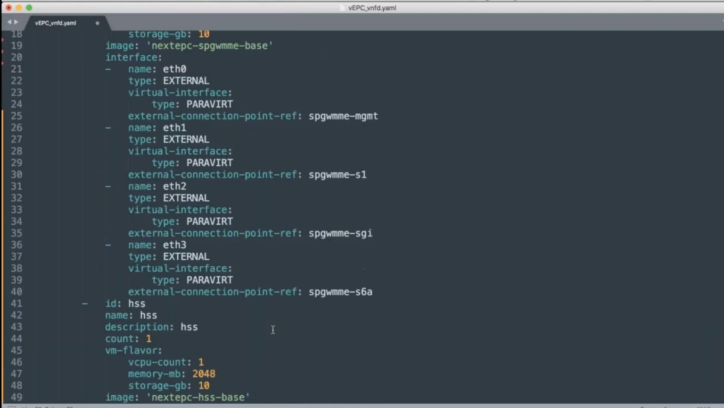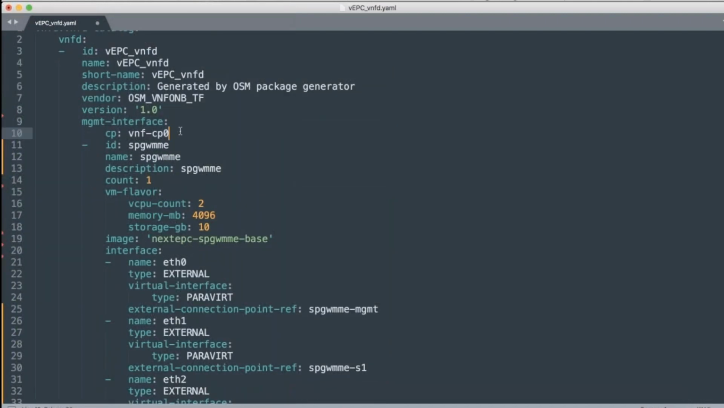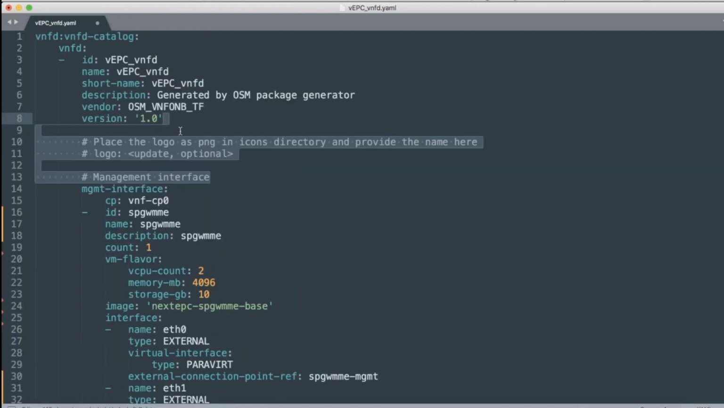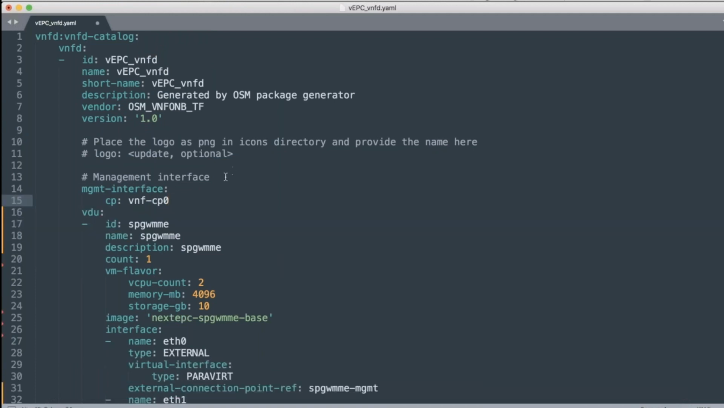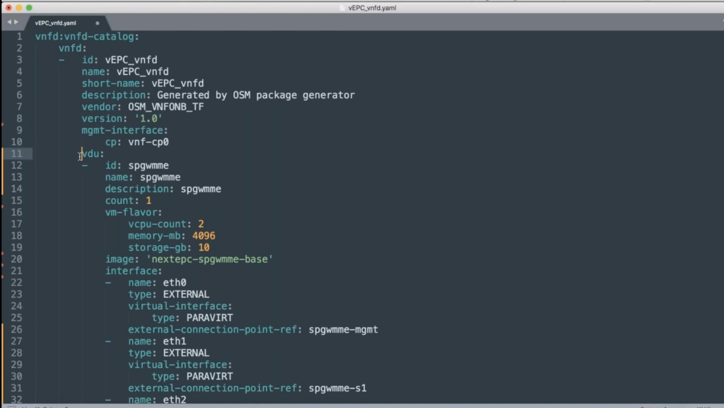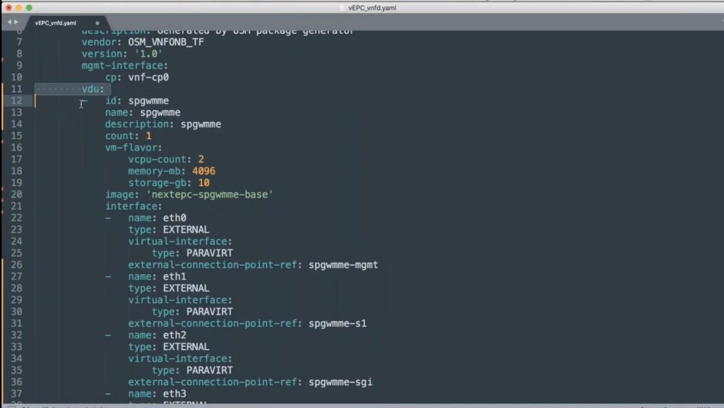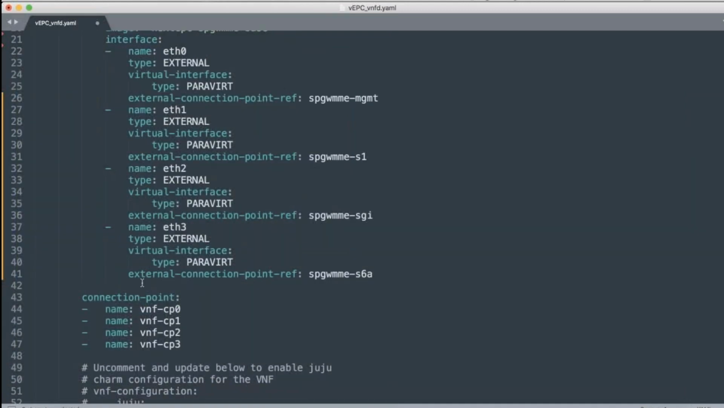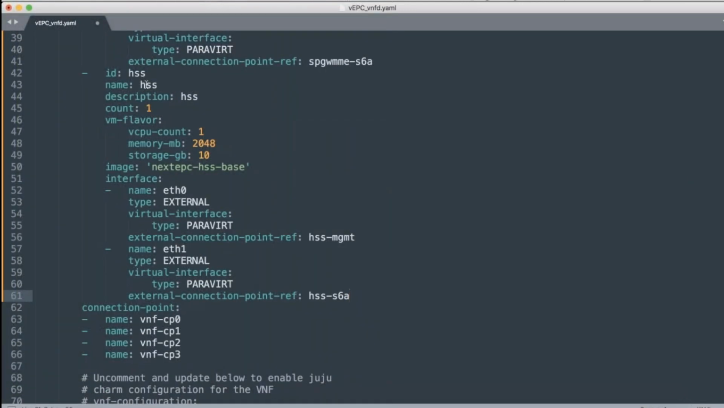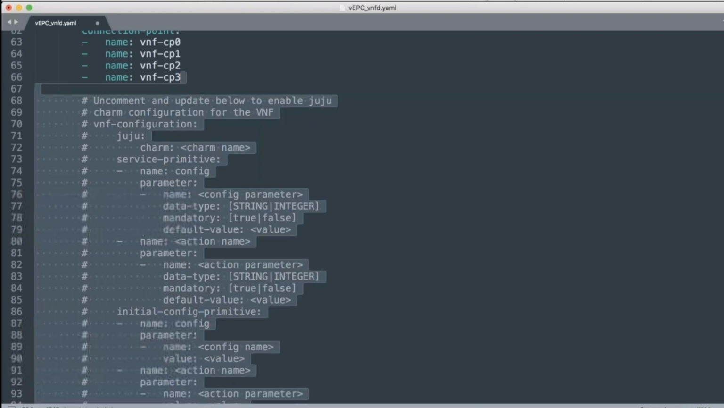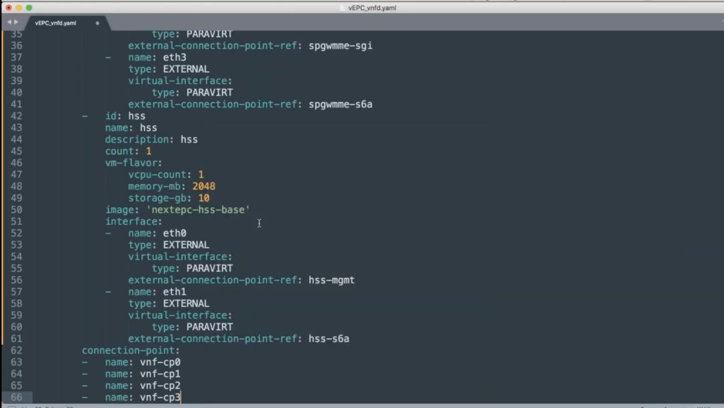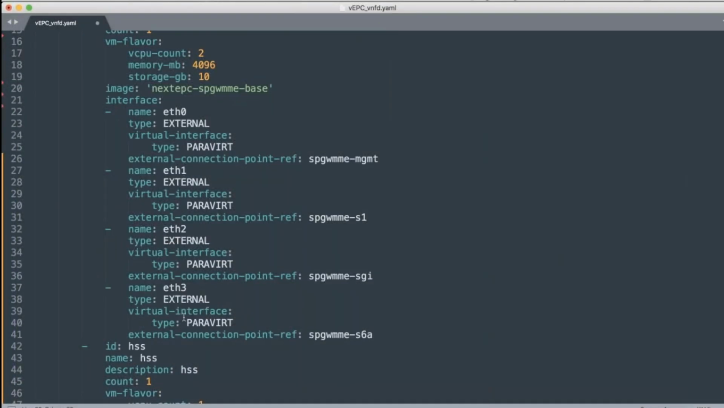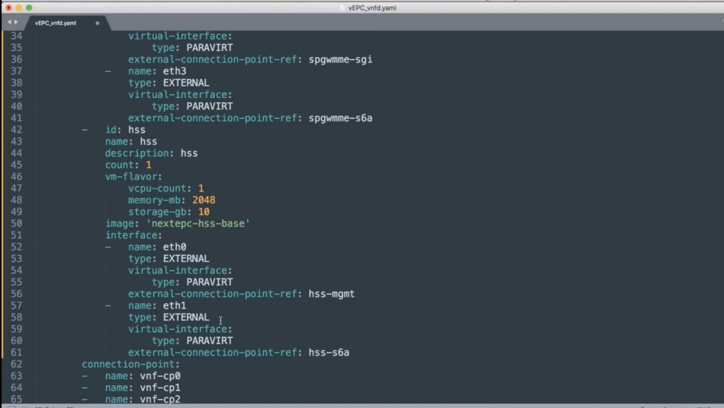Okay, so we have this. We added it in the list of VDUs. Sorry, I deleted something that I didn't want to. Let me undo just in case. Okay. Okay, so we have the VDU list with the first VDU and the new VDU that I'm adding now, which is the HSS. Let me delete this. Okay, so now we see that we have 4 external interfaces in the first VDU and 2 in the second